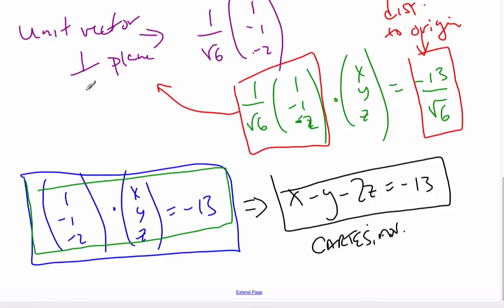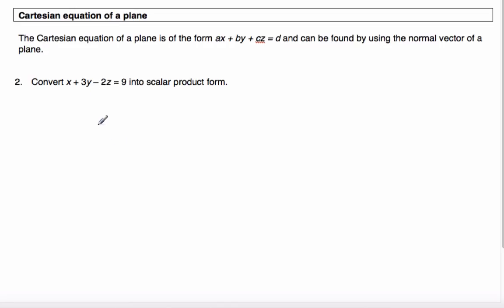Let's try another example. This one's about the Cartesian equation of a plane. Actually, I'm going to stop it there and introduce